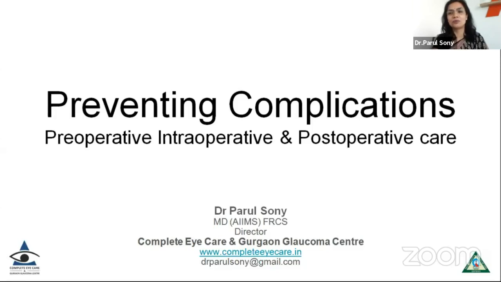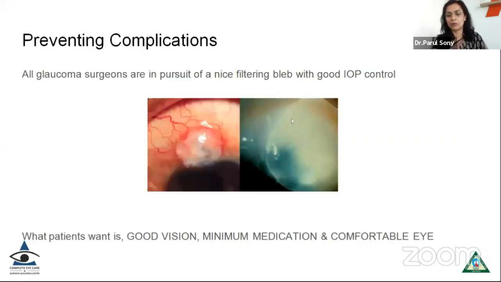Good evening to you once again, and I will be talking about how we prevent complications and take care of our patients, starting from the pre-operative period to the intraoperative period and to the post-operative period. And as Dr. JC Das very correctly said, the problem begins once you have done a TRAB. Till the time you're planning to do a surgery, it's easier, but once you have done a TRAB, you have to manage a number of things: the patient's comfort and the complications.